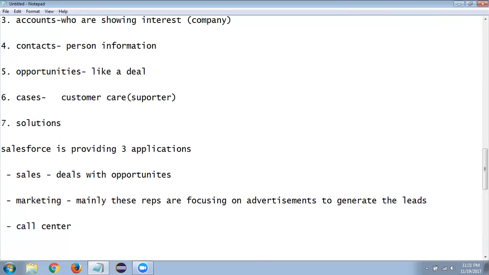And coming to the call center, like I said, these are the supporters. These people handle the calls from a number of customers, and give replies to the mails which the people are sending.